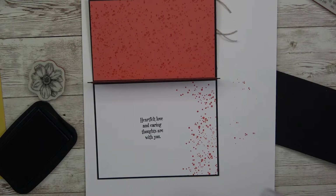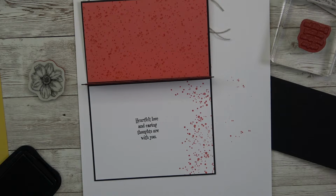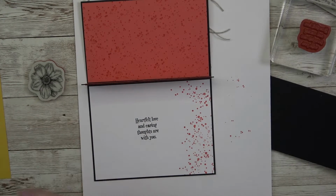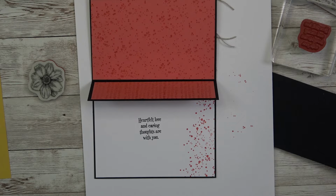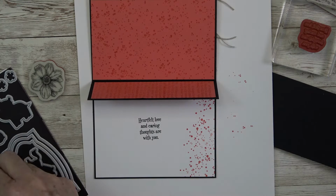And then we are going to clean that off because you know I can't stand a dirty stamp. And now we need to find our dies that we want to use for our labels for up in the top. So I'm going to go to, I think I'm going to grab the Hippo and Friends. I love these dies. I think they're so pretty. And we are going to do